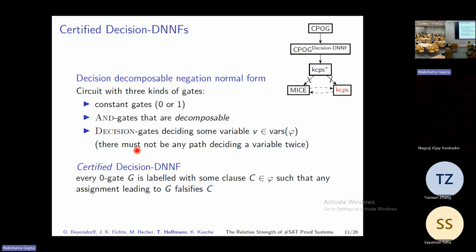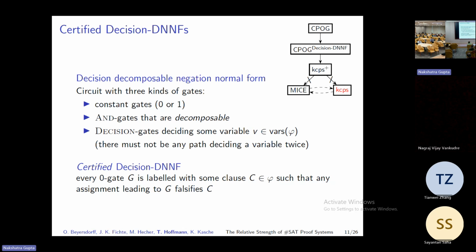We consider a restricted version of decision DNNFs, that is, certified decision DNNFs. Basically we want every 0 gate in our decision DNNF to be certified. That means that it is labeled with some clause C. This clause has to appear in our formula phi,